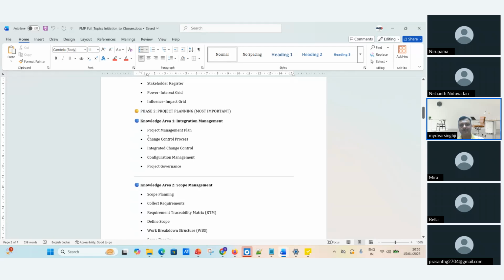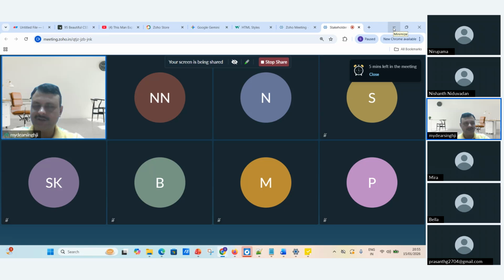We discuss some of the part with change control, how integrated change control works, how configuration management is done, and what the things are inside project governance. This is very important. Sometimes they will ask you what is inside project governance, how you are going to handle it, and what they decide in project governance. All these things we will discuss tomorrow.